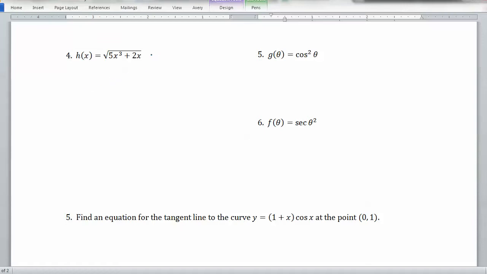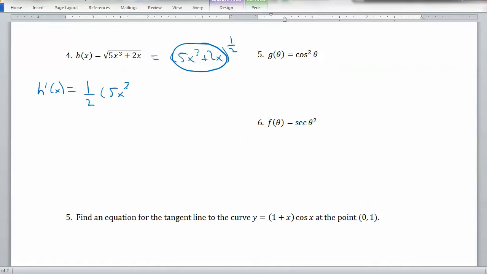Well, first of all, it might be helpful to rewrite this as (5x cubed plus 2x), and then the square root is the 1/2 power, right? So now we can apply the chain rule, and we get that the derivative of the outside. You want to just sort of think of the inside as a block or as sort of a variable. So it's just this circle to the 1/2, and the derivative of that is 1/2 times what's in that circle